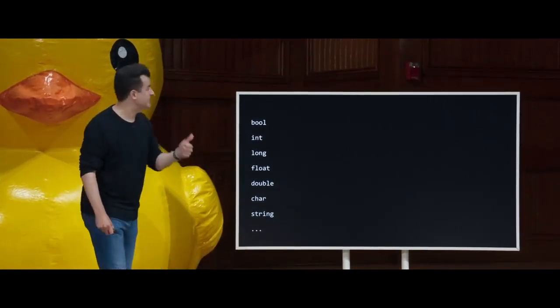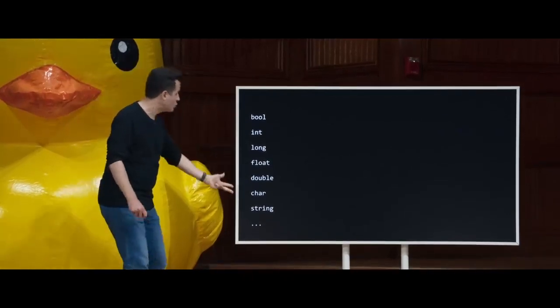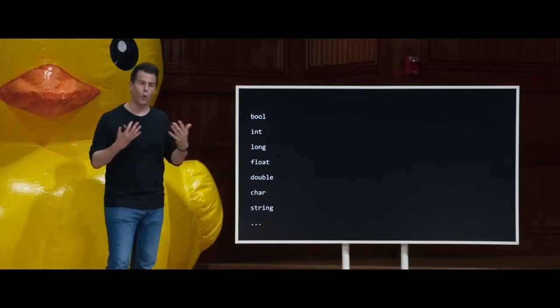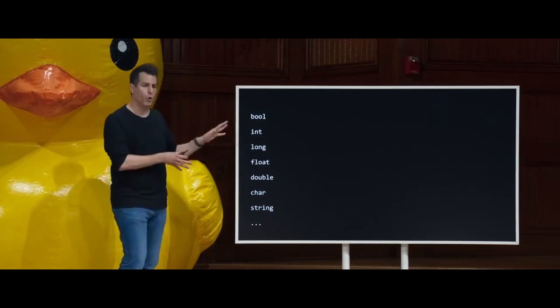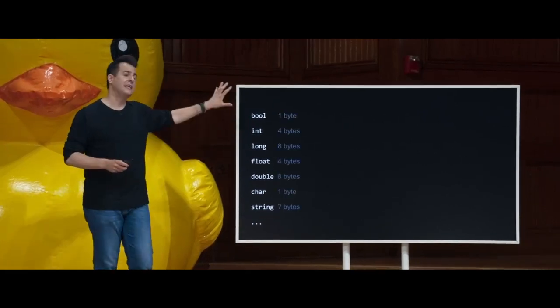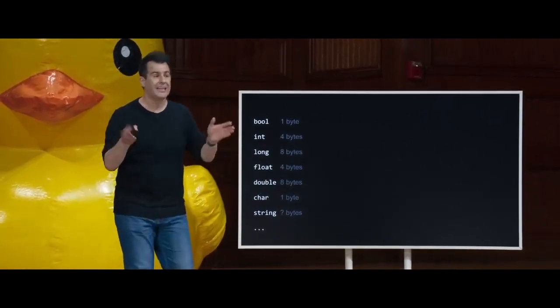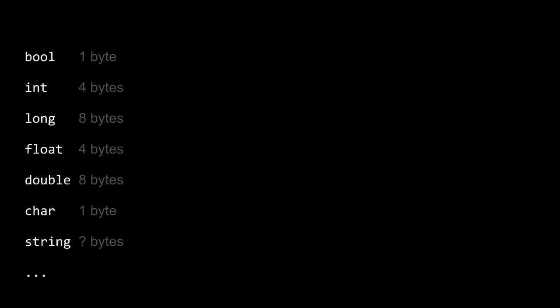Is it an integer? Is it a char, a character? Is it a whole string? Is it a longer integer? Or the like. So you now have this control. The catch, recall, is that each of these types has only a finite amount of space allocated to it. So for instance, an integer is typically 4 bytes. And 4 bytes is 32 bits, because it's 8 times 4. 32 bits, we claimed, is roughly 4 billion. But if you want to represent negative and positive numbers, the biggest integer you can store is like 2 billion.